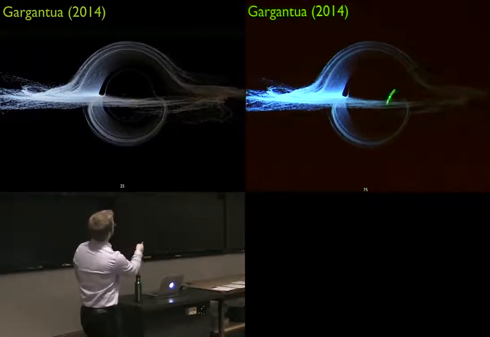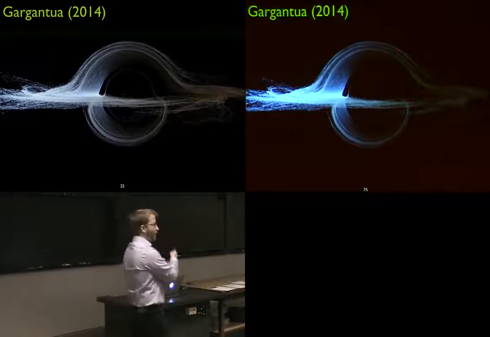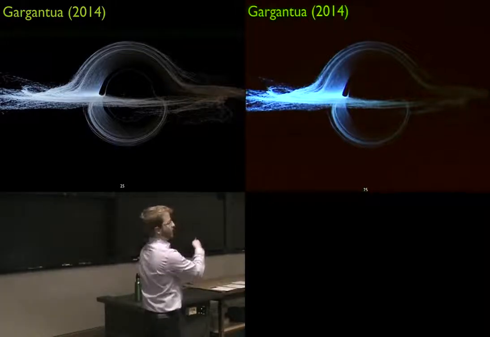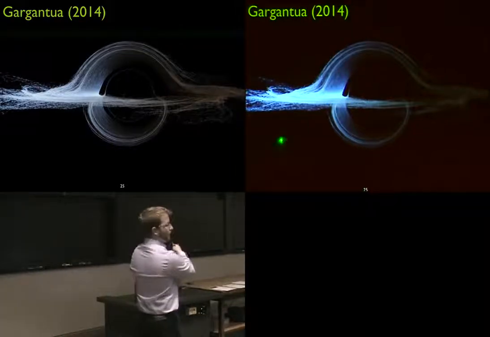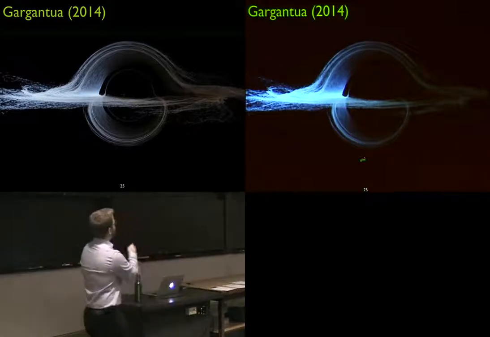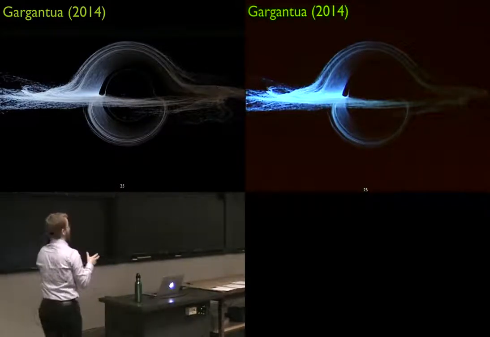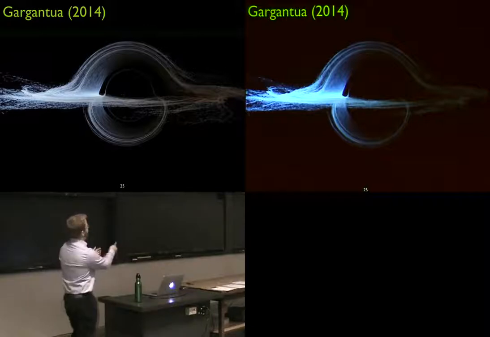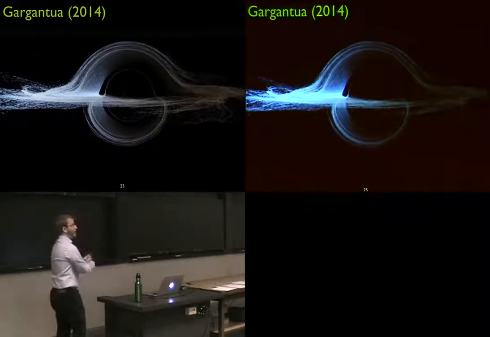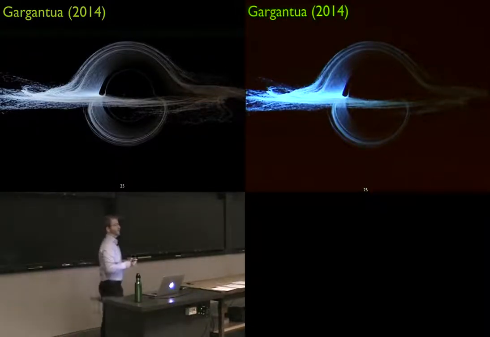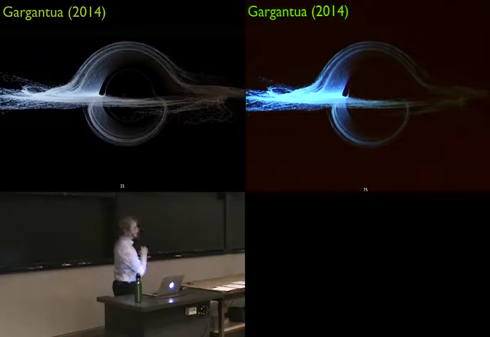And so over here, it's dimmer because light being emitted from that side is being more extremely redshifted, and this side is being blue shifted. And so if they were to actually show what the accretion disk around that black hole would look like in the movie, you'd have to show this reddening on one side of the black hole. And the directors thought that was going to be too big of a leap, and people were just going to be weirded out by it. And so he couldn't show it.